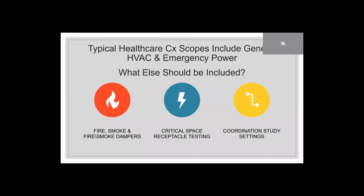So typical general HVAC and emergency power, this is always covered. It's covered in the energy guidelines or the Energy Standard, the Energy Code. It's covered in LEED, stuff like that. But where we're starting to see most of the problems come out is when we get into the bigger